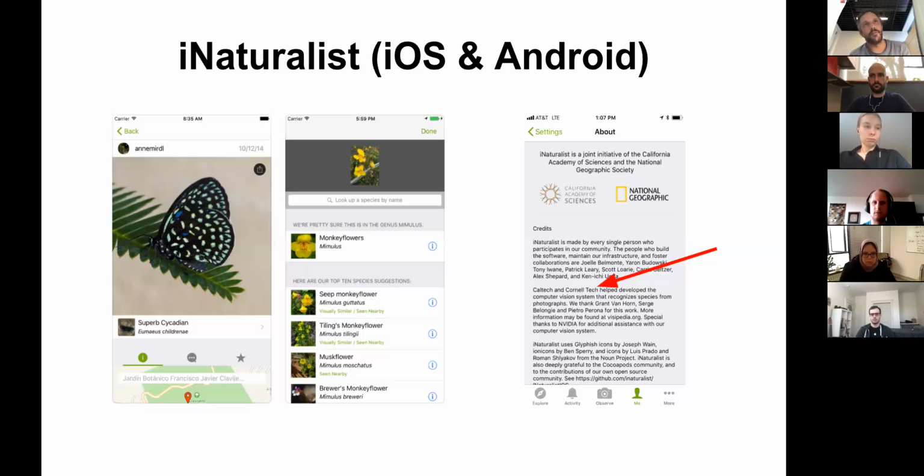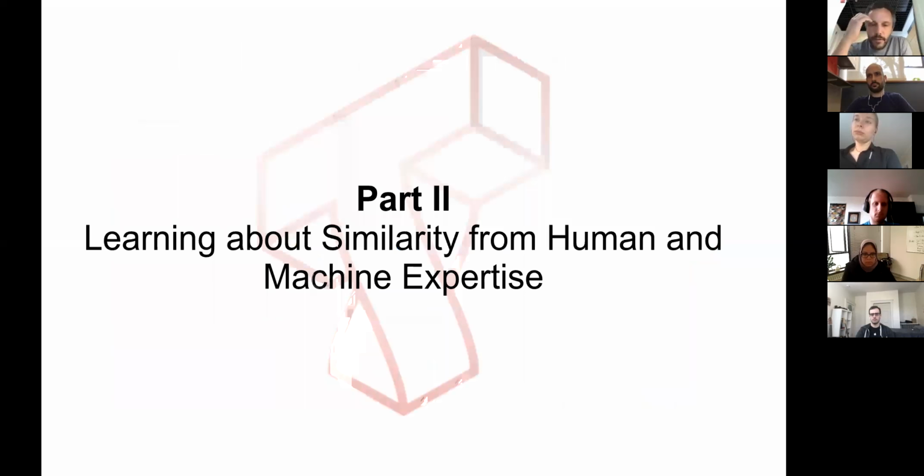Now with Visipedia functionality, you take the picture and you can click on a button that says suggest species. And then you get this short list of suggestions that are visually similar and if possible, and if available, seen nearby. And then you can tap on that, again, put it onto the social network. It's not automatic. It's not just put directly into the training bucket for that species. You still have to wait for someone with sufficient expertise in the iNaturalist community to confirm it. So that was just a quick overview of Visipedia.